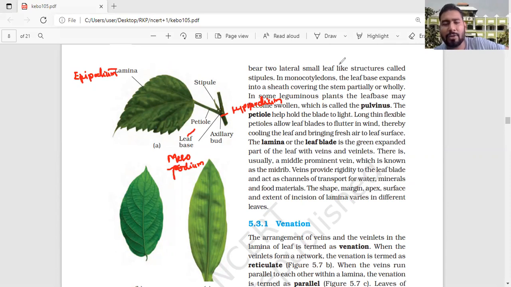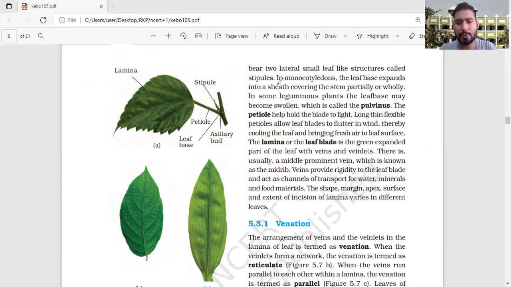That is the axil of the leaf, where the axillary bud arises. Now I'm talking about the structure of stipules. Stipules generally arise between the axils of leaves. They are green, short, reduced leaf-like structures, and that is called stipules. If stipules are there, the leaf is stipulate. Otherwise, it is exstipulate.